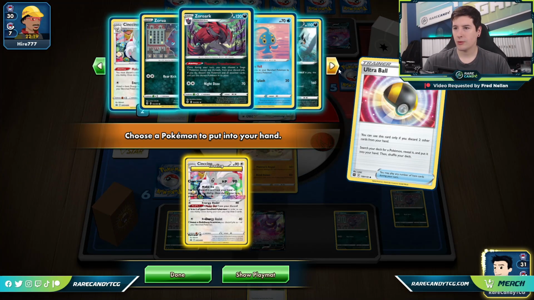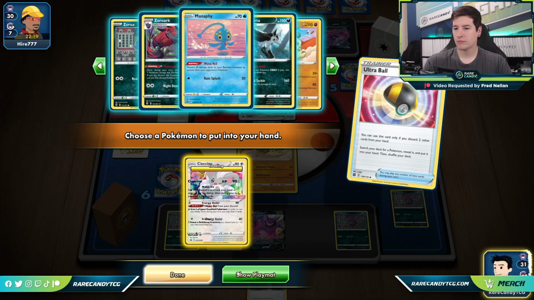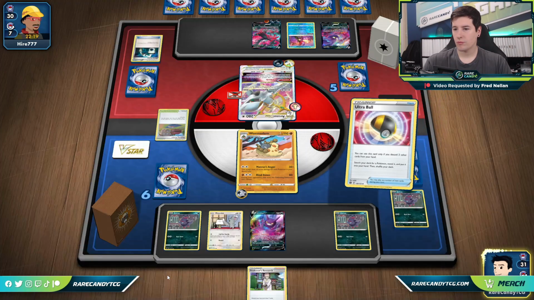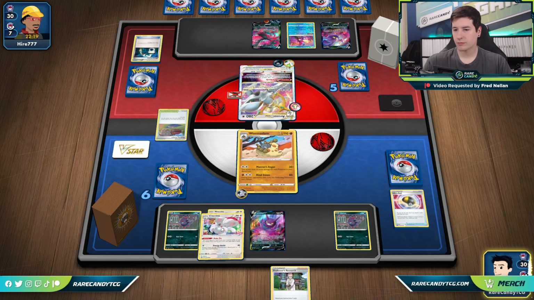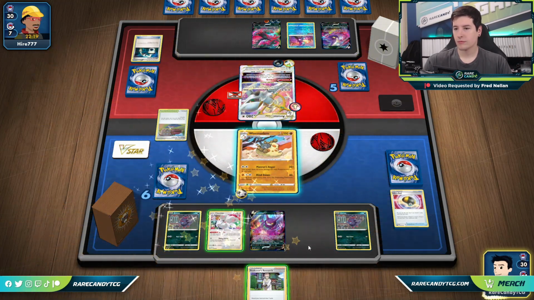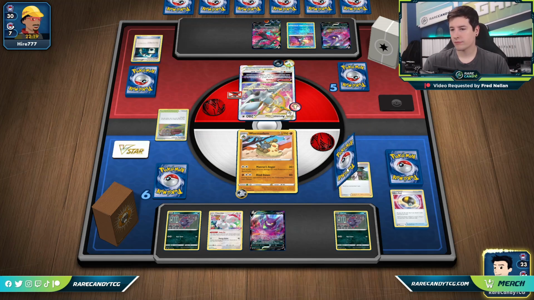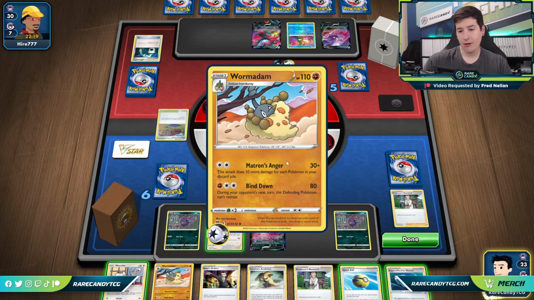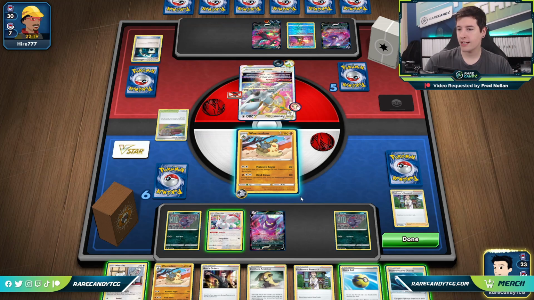Might grab Cincinno here. How many Pokemon are in discard? 1, 2, 3, 4, 5, 6, 7, 8. Sure, we'll grab Cincinno. Okay, and we get the glasses as well. So right now, I think we're looking pretty good, I gotta say, guys. So let's go ahead and...